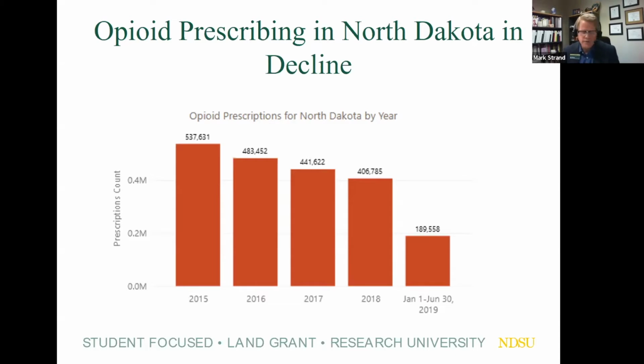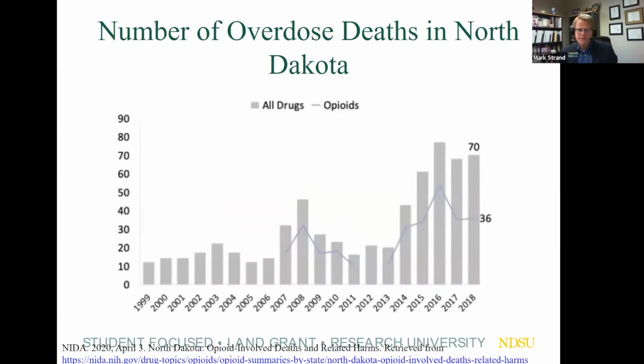However, I would argue that from a population health perspective, with an addictive substance like opioids, supply side solutions are insufficient. There also has to be significant work done on the demand side, which is altering the patient encounter in such a way that their desire or seeking of those opioids is altered. The consequence of some of that decline in opioid prescribing did not result in a decline in opioid overdose deaths,